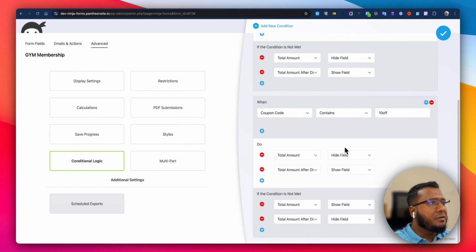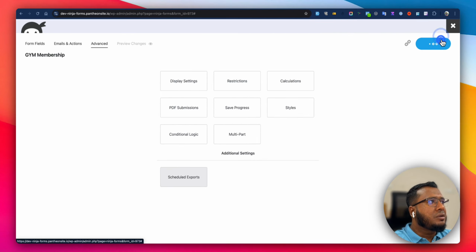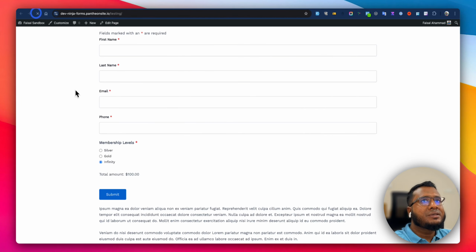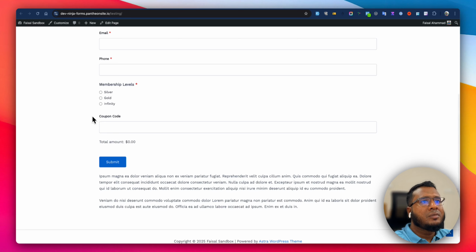Sounds like a bit complex, but let me explain. Whenever someone applies a 10 off coupon code, then the total amount, that means the full amount, should be hidden. We would like to display the discount amount, so the discount amount should be visible. And if the condition doesn't match, that means the total amount should be displayed and the discount amount should be hidden. So let's try this and see if that works. So gold, okay, we see the full price. Let's try 10 off. So you see,